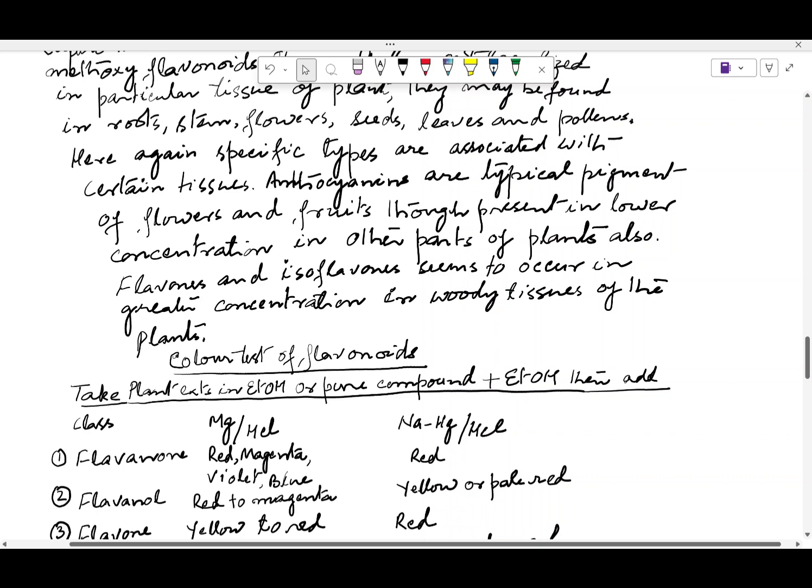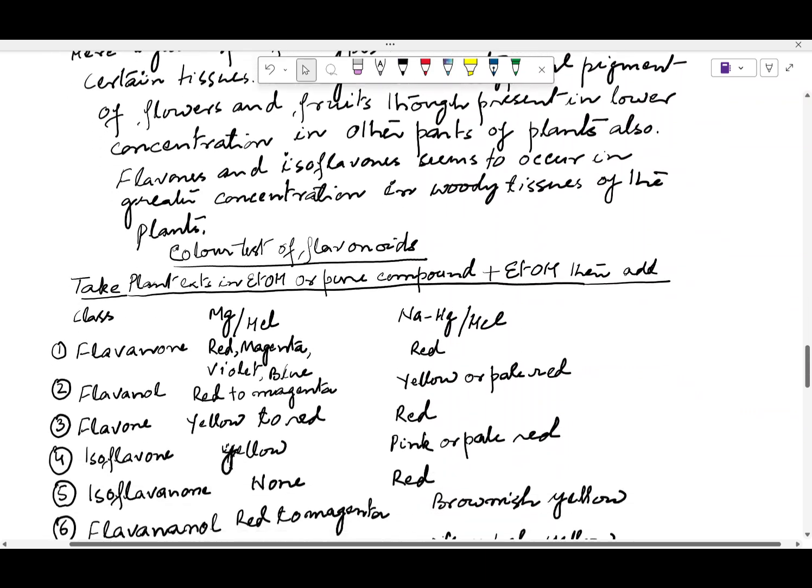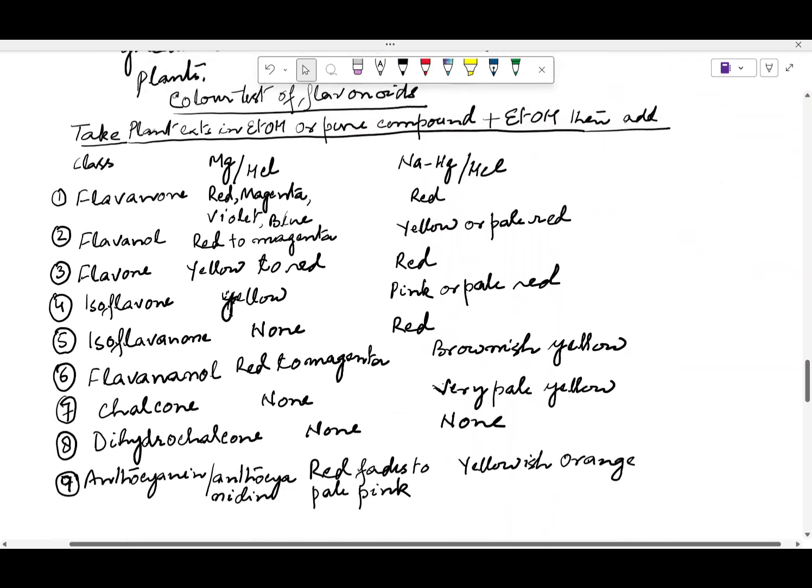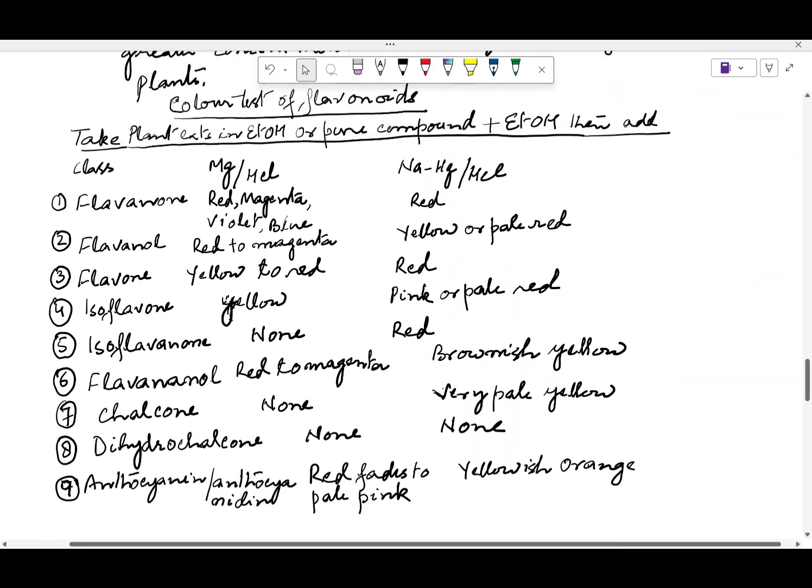And for the color test, this is the list of the color tests. You see, you have to take the plant extract, dried, in ethanol, or the isolated or pure compound in ethanol, then add magnesium HCl or sodium amalgam HCl.